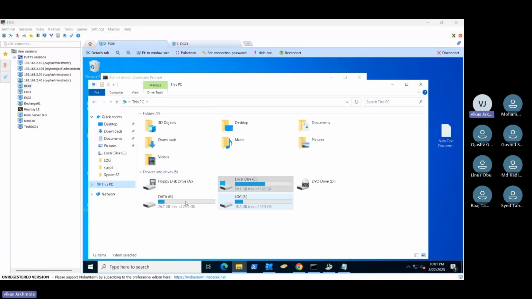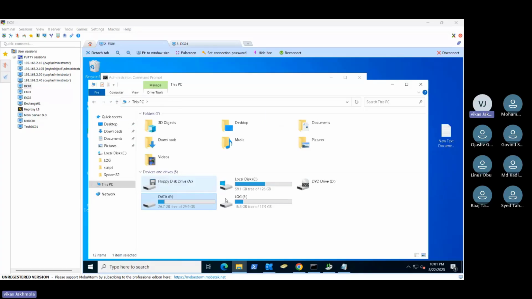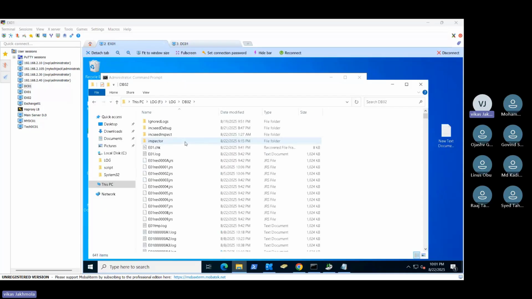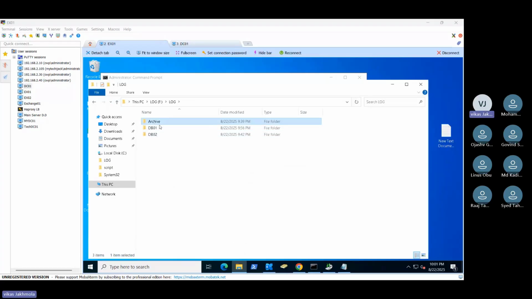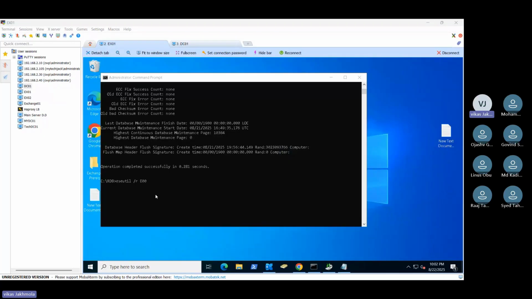But it cannot be the case every time that it would be E00. For example, if I see for the DB02, it's E01. And for the archive one, if we see here, it is E02.chk. So don't get confused, you don't have to run E00 every time. You have to check the log files and the checkpoint file inside your log folder,